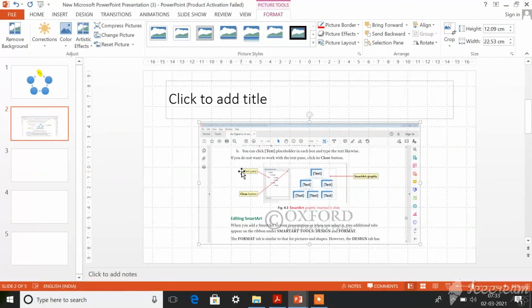It is very easy, right? So try this also today at your house. Now the next topic is creating a photo album. How to create a photo album in your presentation software.